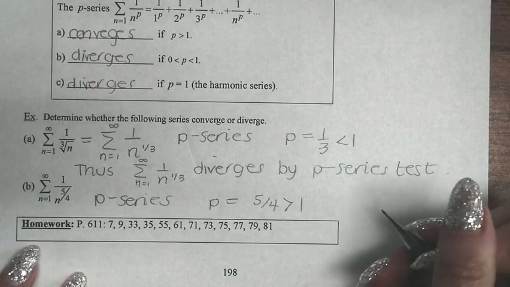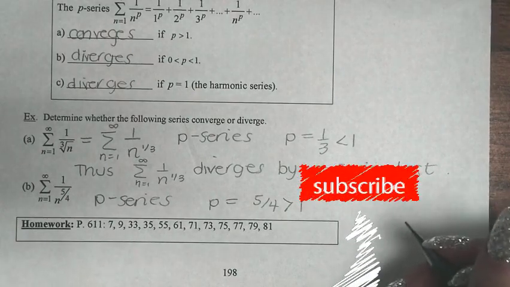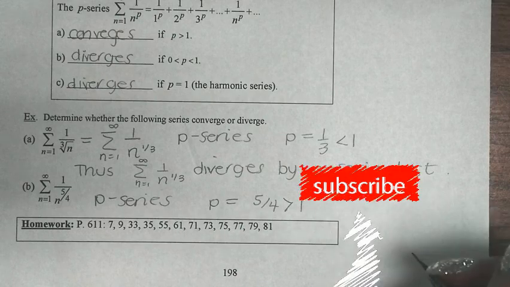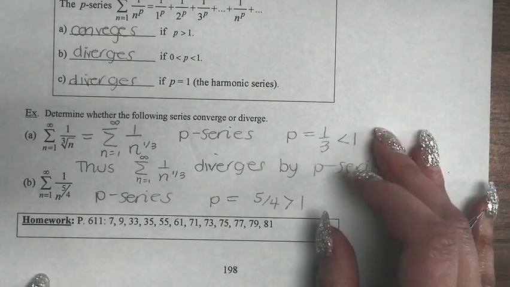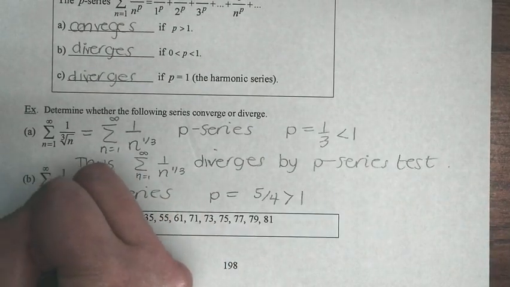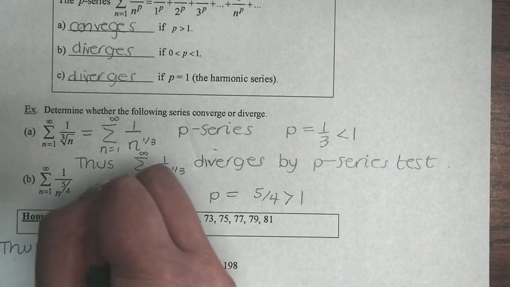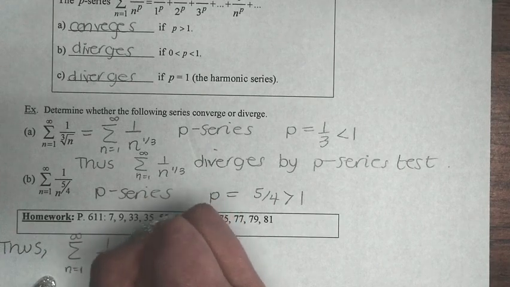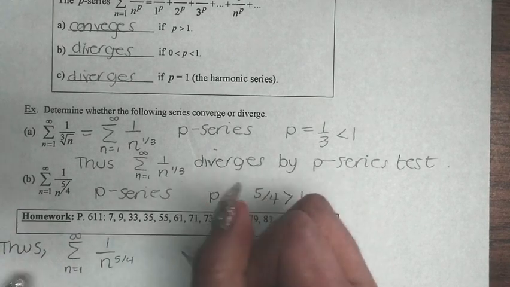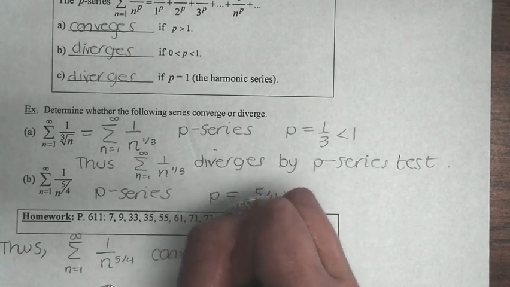So you can already be thinking, oh, this is going to converge. Yes, you're right. Your conclusion is that the series from n equals 1 to infinity of 1 over n to the 5 over 4 converges